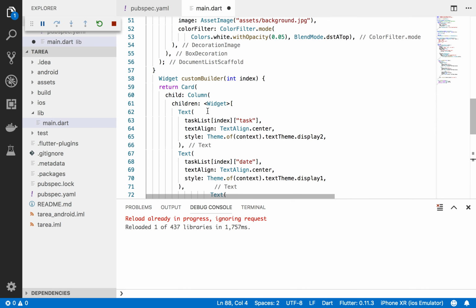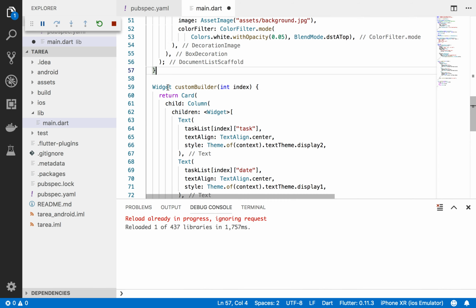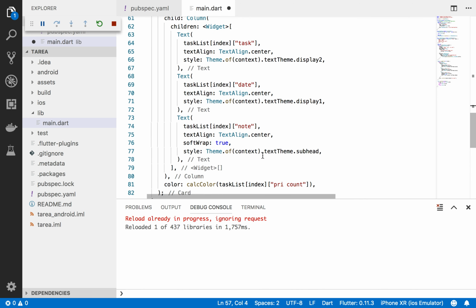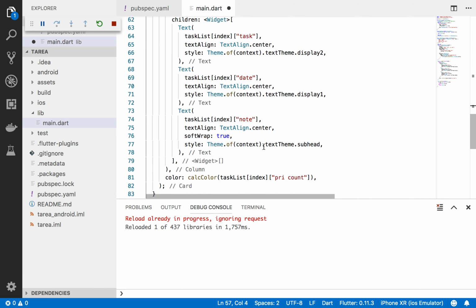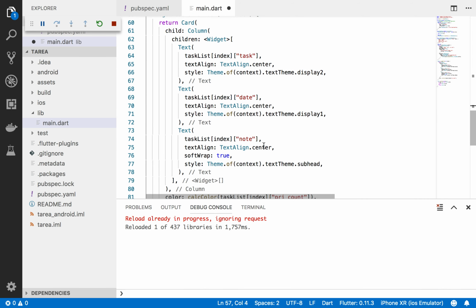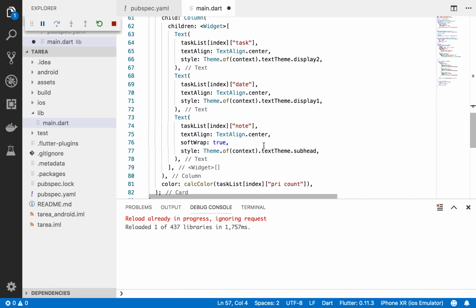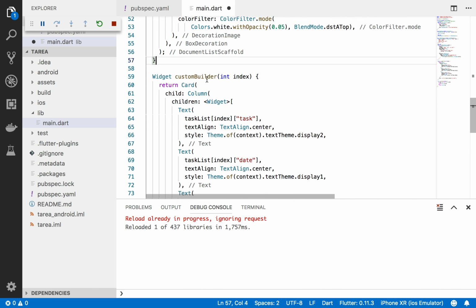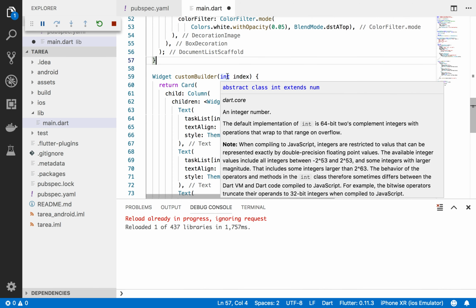So what we have here is a custom builder. So this returns a widget. Let me just format here. This returns a widget, and it just returns a card that has a column in it, and then I do the task, the date, and the note. Okay, so that's all there is to that, except one thing is I also add the color here and I calculate the color. So the way you do it is, you notice the custom builder, it's a function that takes an integer,